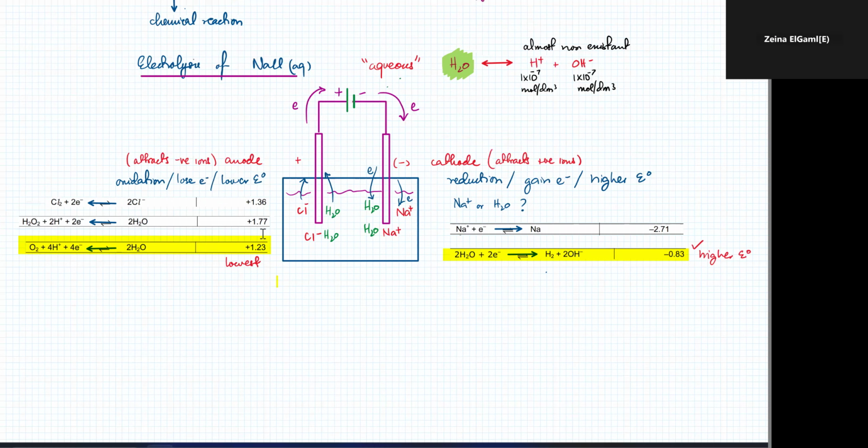Yes, sir. So this is electrolysis of brine. Is this clear? Yes, sir. Okay,